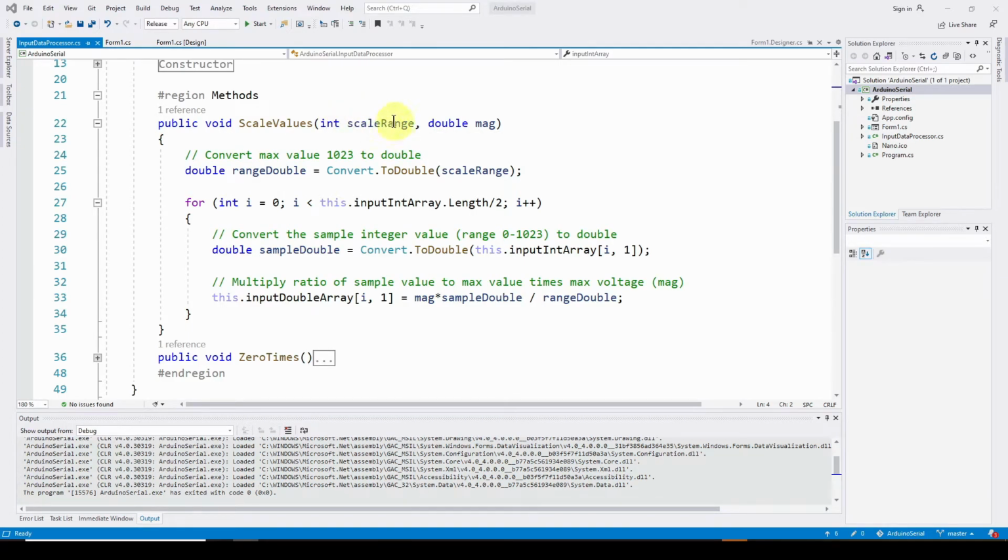So this value will be 1023, and we want them to be doubles with a value 0 to 5 volts in our case. So we will feed it 1023 comma 5, and it will take those values in the int array and convert those to 5 volt values and make an input double array. All right, so it takes from the input int array and fills in the double array to scale everything based